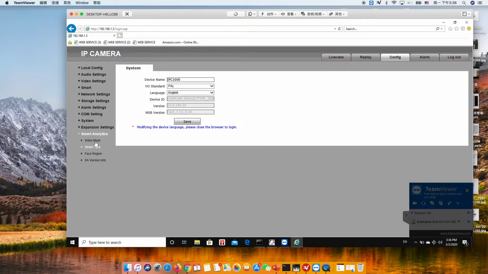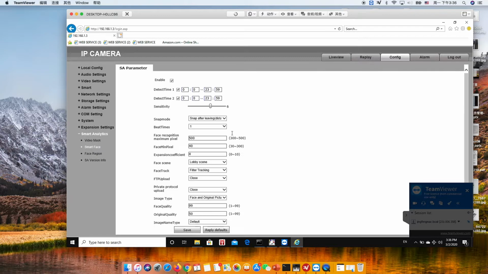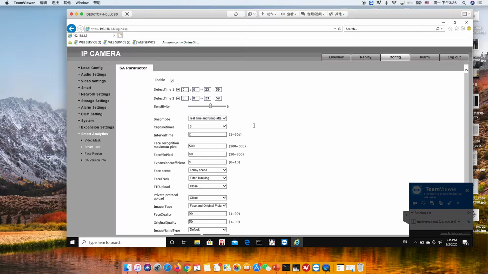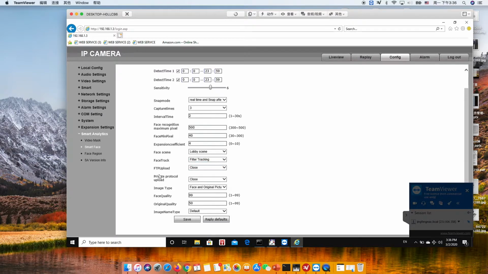For smart analysis, it is talking about the face, smart face: snap after leaving, or you want a real-time snap. I'm going to put a real-time snap, but I do recommend to put real-time snap and a snap after leaving. Okay, this is good. And if you want FTP or not, we always want to, for the welcome app,